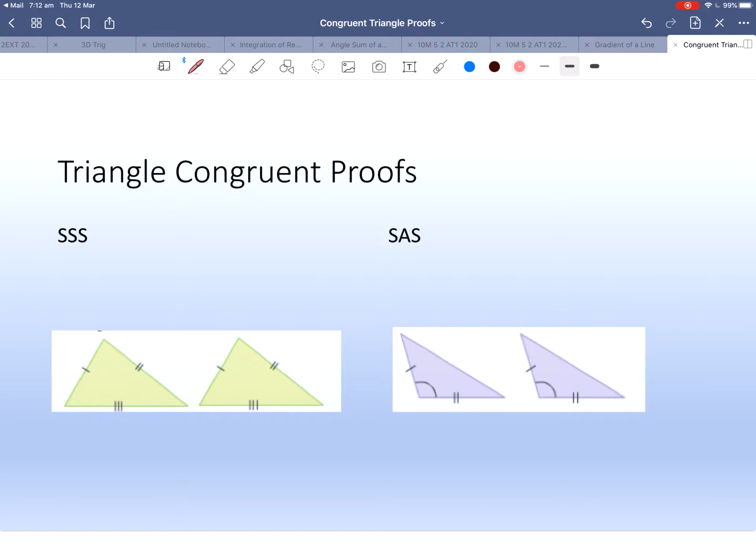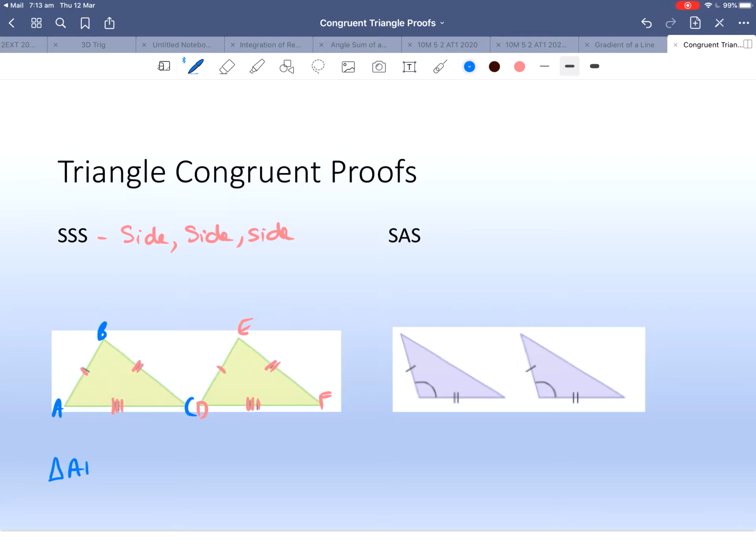Each one of these slides will have 2 triangles. The first one is side, side, side. It means that 2 triangles are congruent if they've got exactly the same sides. You can see here that this side is the same as that, this side is the same as that, and this side is the same as that. If we label these, I'll call this A, B, C, and this one D, E, F. Because they're exactly the same sides, I would say